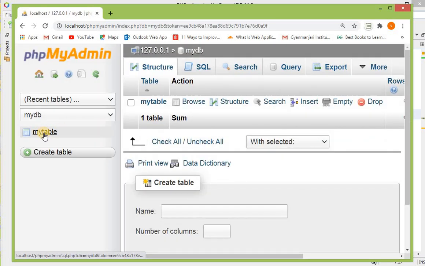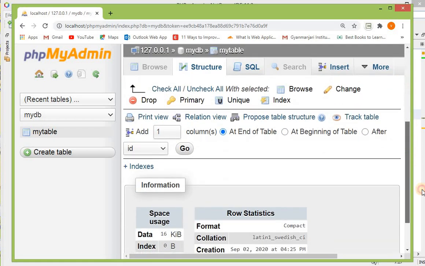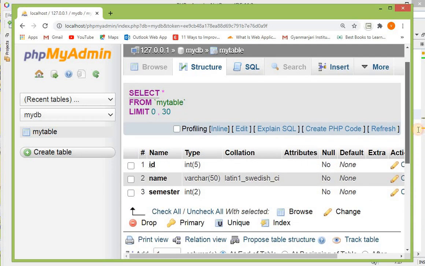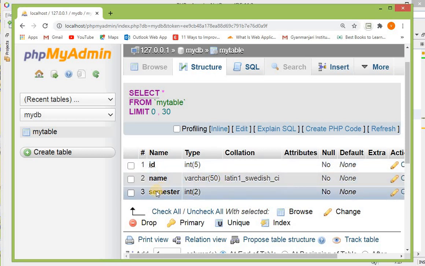Here is my table. Initially it is empty. There is no record in it. It is just a simple structure, and over here ID, name, and semester. ID is integer, name is varchar, and semester is also integer. Now I want to insert a record in this table.